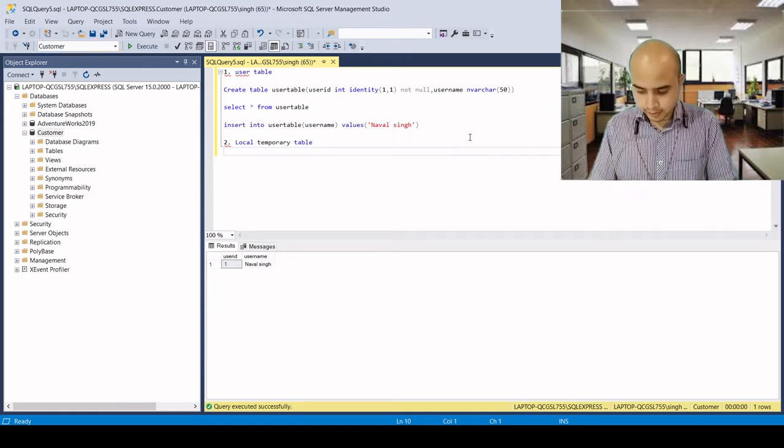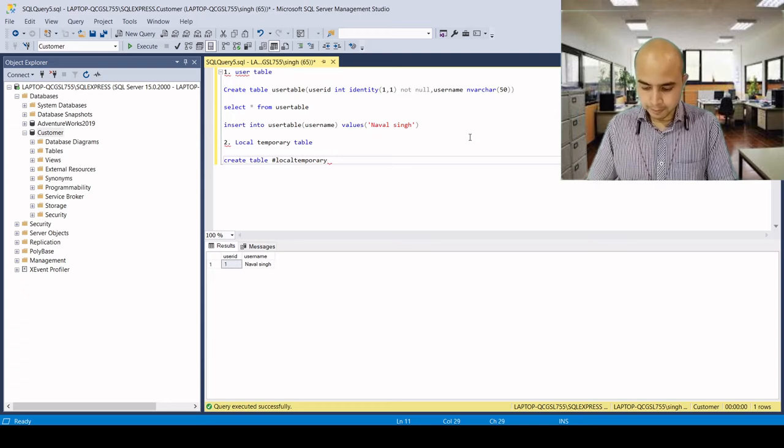So let's create a table, and it starts with a hash. One hash denotes that it's a local temporary table. Let's say the name is local temporary.